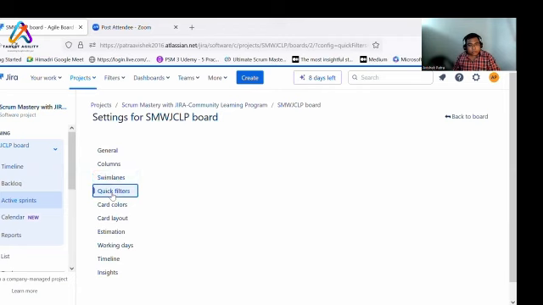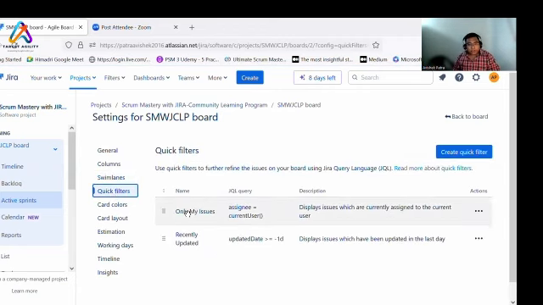Quick filters are there, so you can define some filters, like only my issues, recently updated issues. You can create a quick filter, and when you click on the quick filter in the board, your board will be rearranged according to the quick filter.